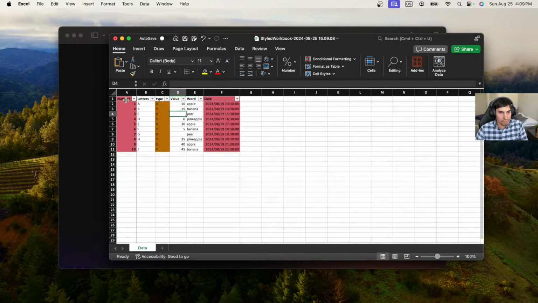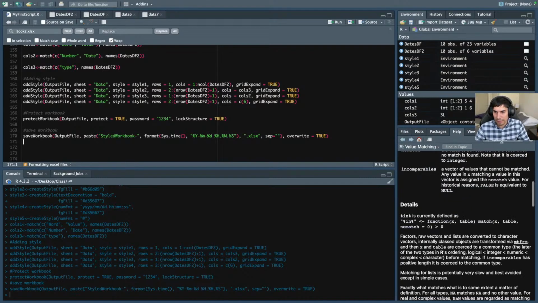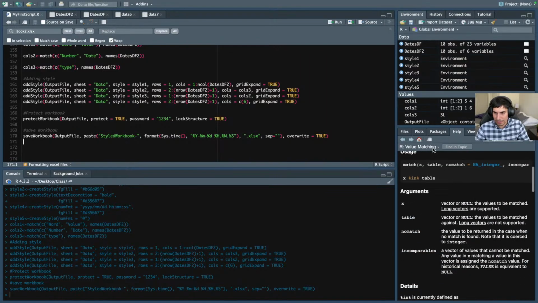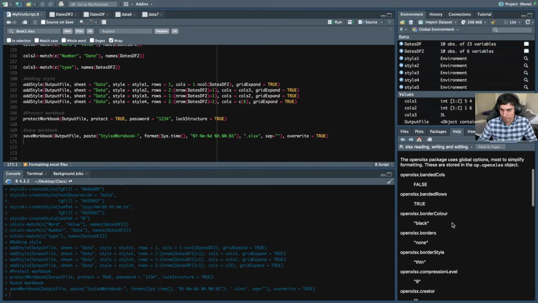So there we go. Of course, openxlsx has many other things you can do. This is just one of the things that you might end up doing the most. You also have conditional formatting. I encourage you to explore how to do conditional formatting. If you go to openxlsx, there should be, let's see,